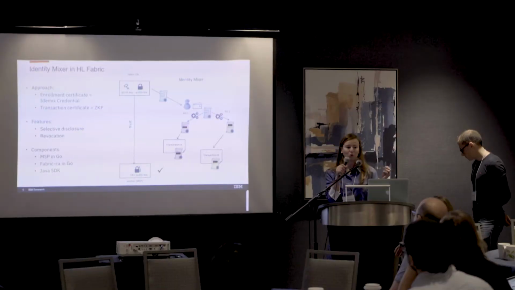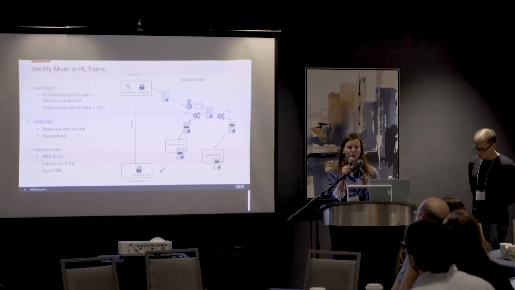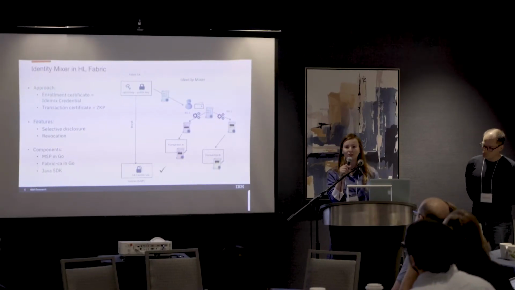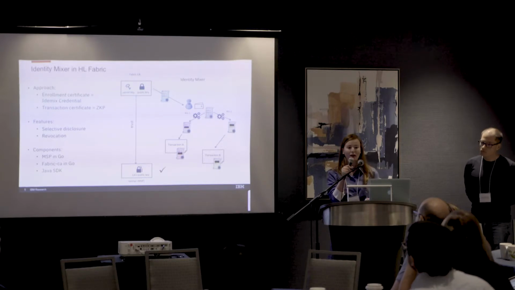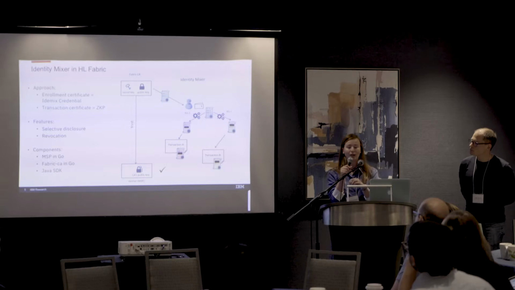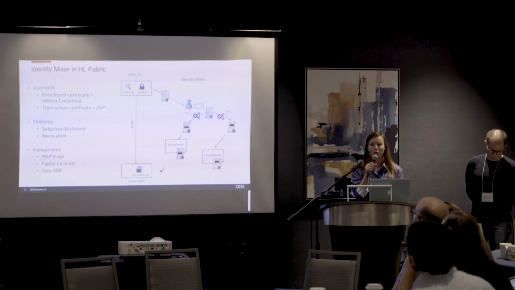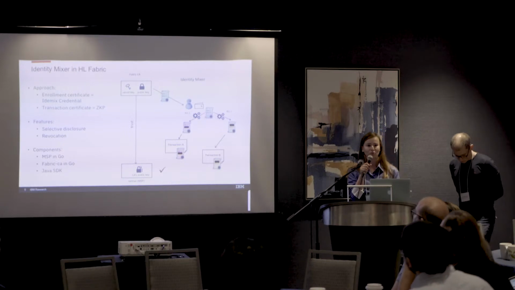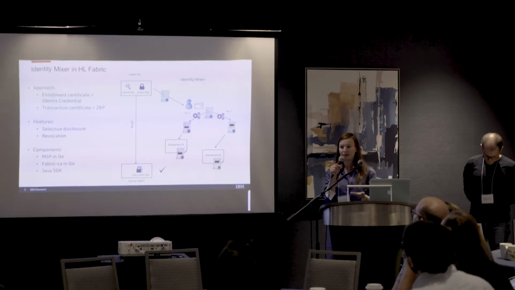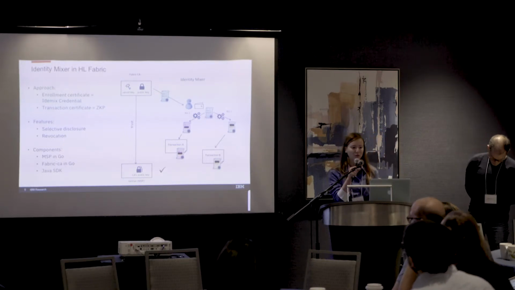So now we are in a permissioned blockchain setting. Every member of the blockchain gets a so-called enrollment certificate that certifies his identity and some of the attributes. And now it is an Identity Mixer credential. So when the user wants to transact, submit a transaction, and sign it by authenticating himself,